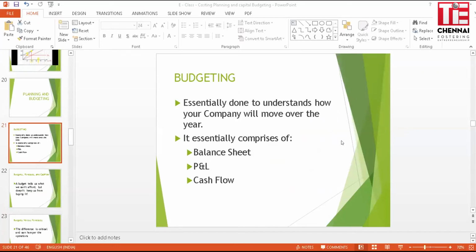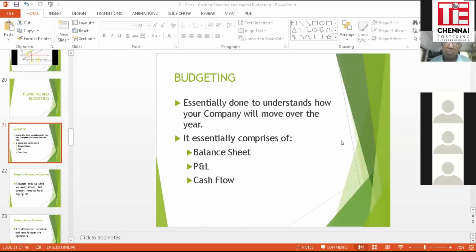But basically, the budgeting will comprise balance sheet, P&L, and cash flow. You've done this in great detail with Aparna, so I'm not even touching it. Except, believe me, as far as budgeting is concerned, your cash flow will probably have much more importance than even your balance sheet and P&L, particularly for startups trying to get out of a situation or trying to break into a market. You can forget balance sheet and P&L for a little while, because if you don't get your cash flow in order,